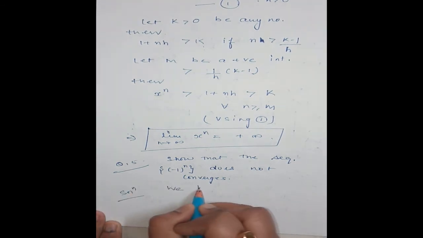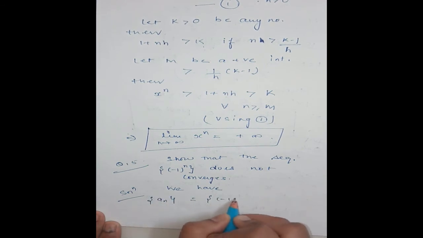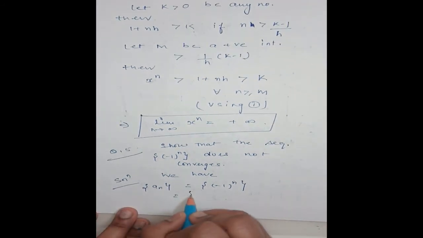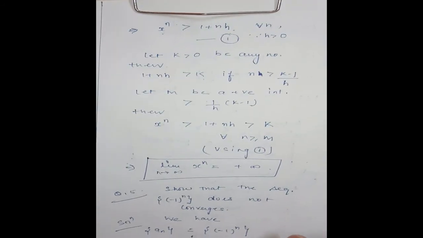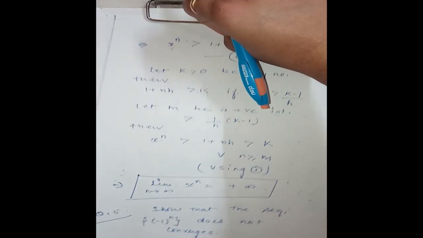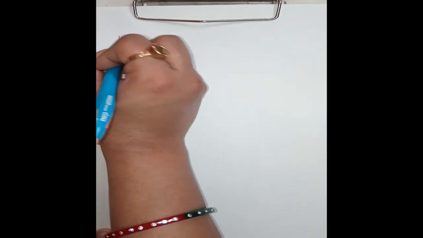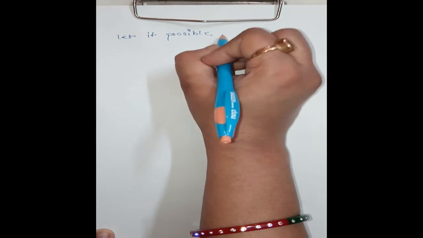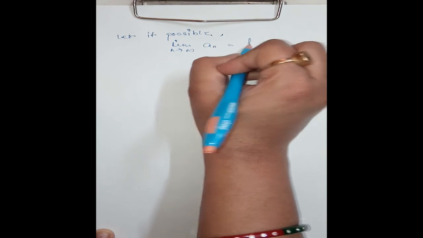Now we have the sequence a_n is (minus 1) to the power n, which is minus 1, 1, minus 1, 1 and so on. Okay, this is our given sequence. Now we have to show this sequence does not converge. Okay, now let, if possible, limit n tending to infinity a_n is equal to l. Then